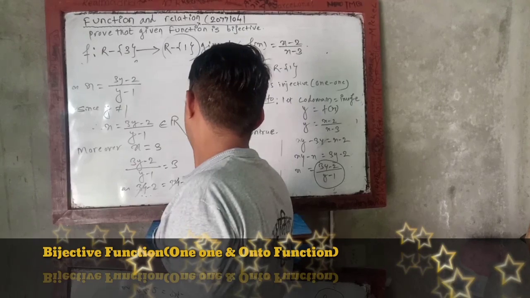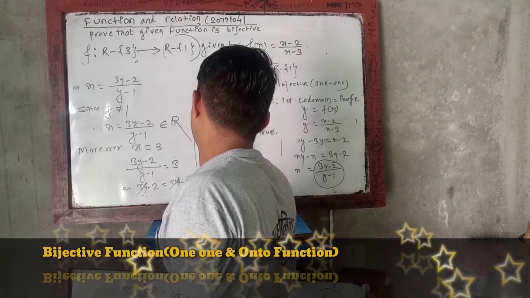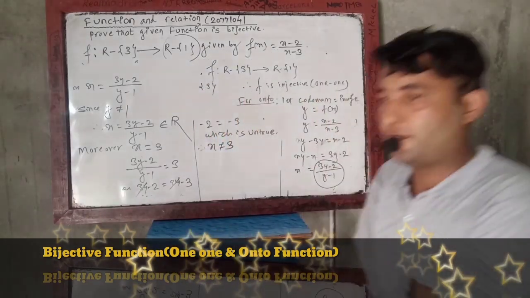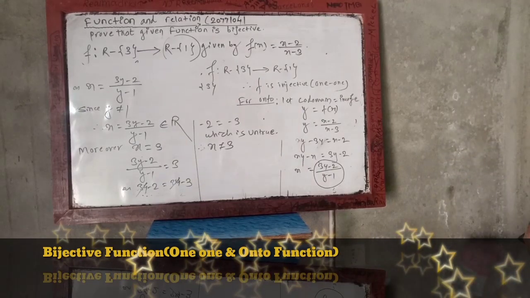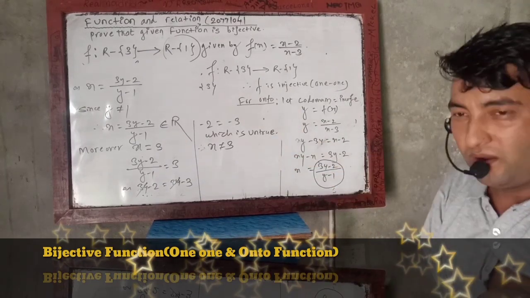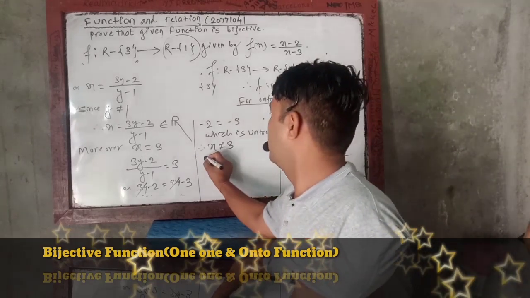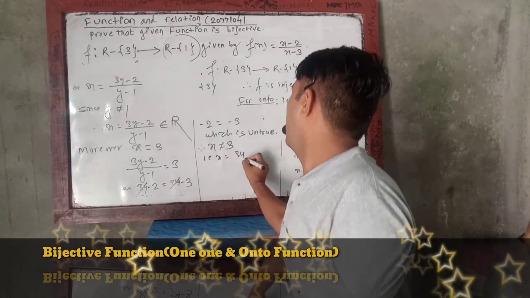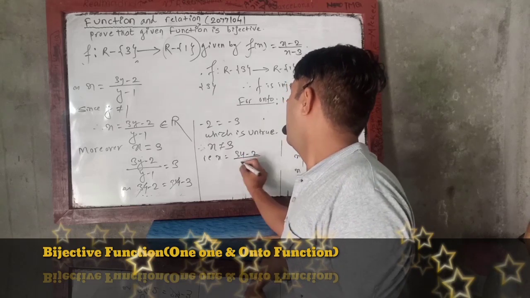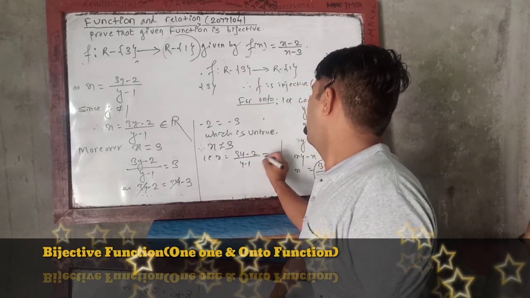Therefore x is not equal to 3. The value of x cannot be 3, because of x being 3 this false statement has come. That is, x equal to 3y minus 2 over y minus 1 is not equal to